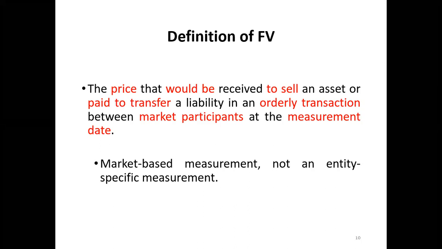And also, what is the date of measurement? It is at the measurement date. It is either the measurement at initial recognition or subsequent measurement. It is at a reporting date or it is the measurement at initial recognition. So it specifies everything. So having understood the limitations of the existing fair value definition, they have switched to this new definition. So I would say that it's a very comprehensive, precise